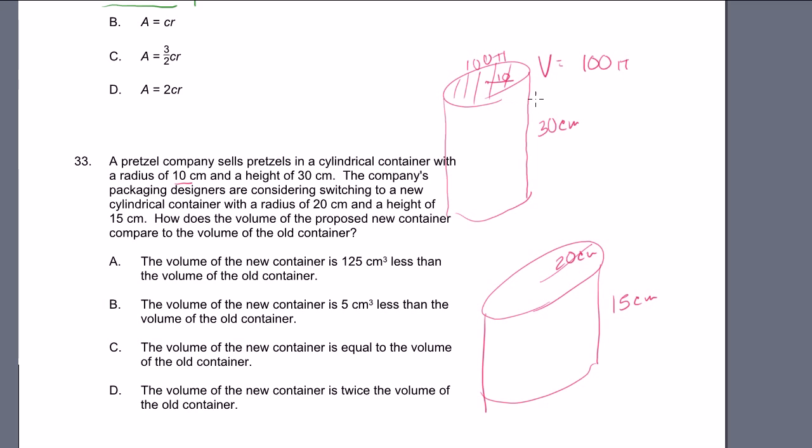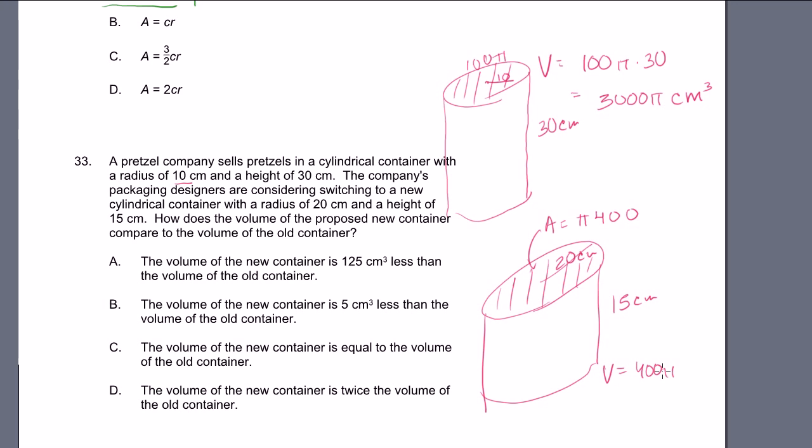And then we're going to multiply that times the height, times 30 centimeters. And so it's going to be equal to 3,000 pi cubic centimeters. That's our old container. Our new container, what's the area up here? Pi r squared. The area is equal to pi times r squared. R is 20. 20 squared is 400. So our volume is equal to